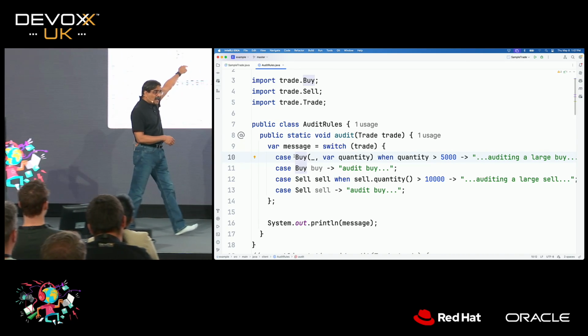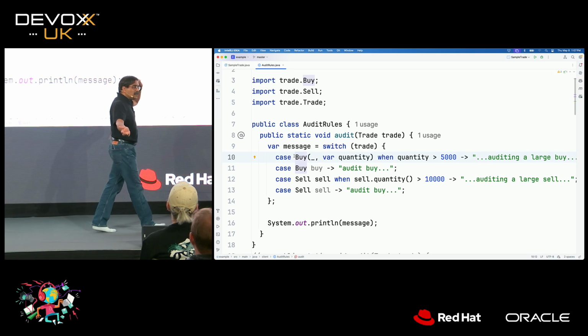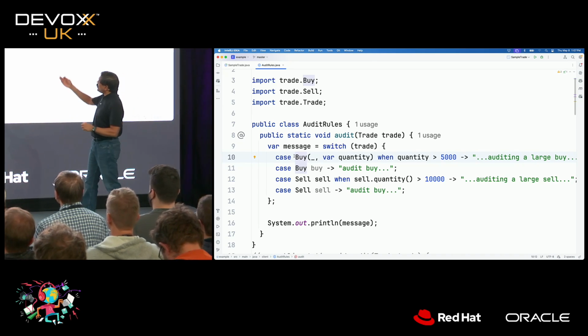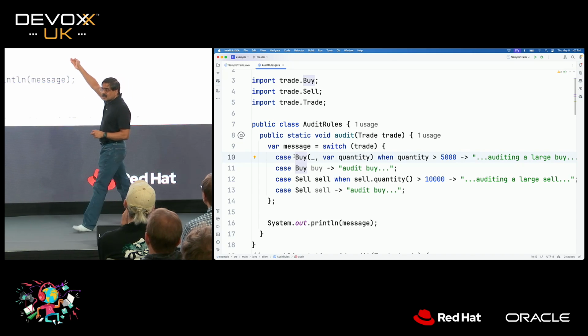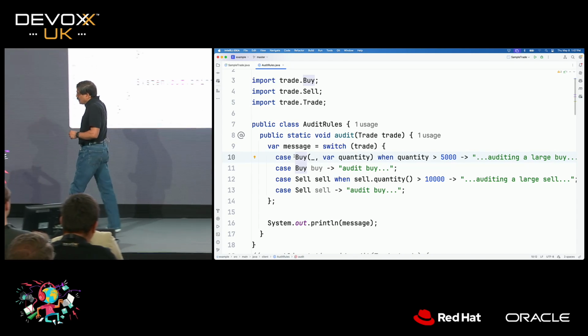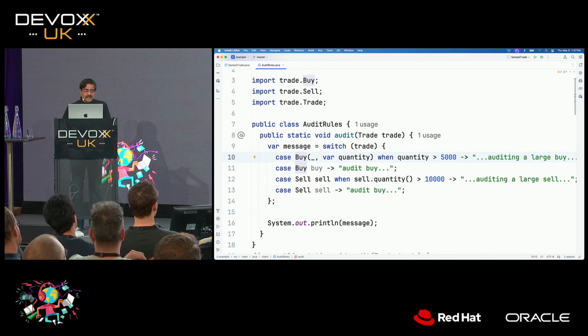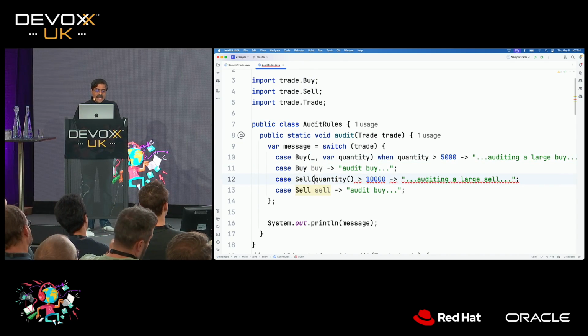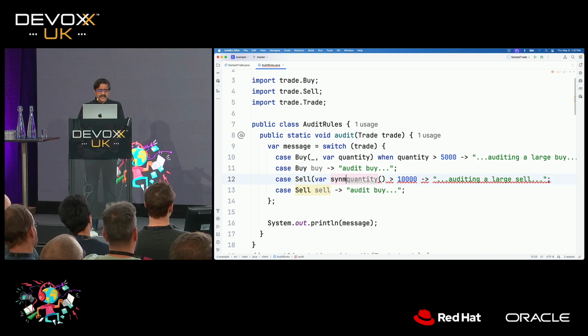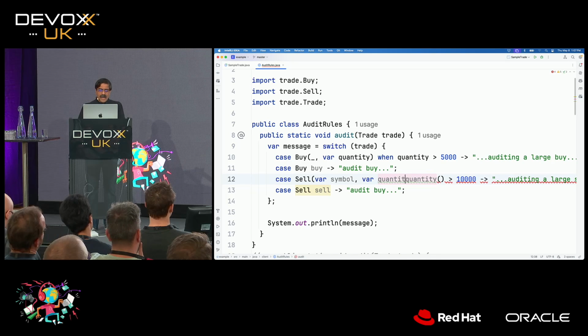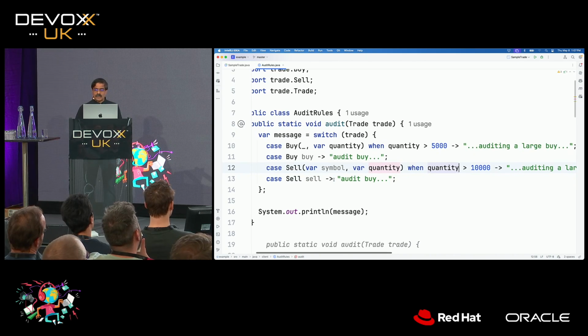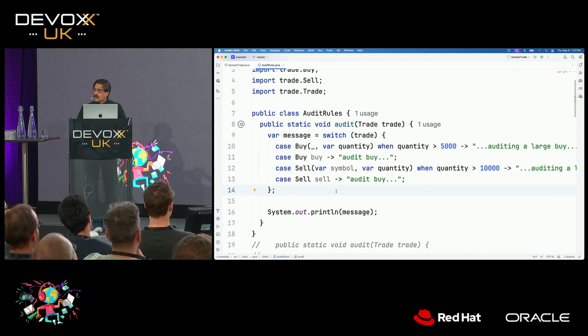So I'm saying I don't care about the ticker right now in this case, but invariably you might, and in this case you can provide the ticker, and then you say ticker, and then the quantity that's coming in, and then I can just check the quantity at that point. I can make use of it. Similarly for the sell, just to show you a difference here, I could simply say, here comes the ticker. You could say ticker, or you can give a different name called a symbol. It's up to you. And then you can say, in this case, a quantity as well. And then you can simply say when that quantity is greater than 10,000, do some work with it. So those are some variations of things you can call as well by using destructuring syntax.